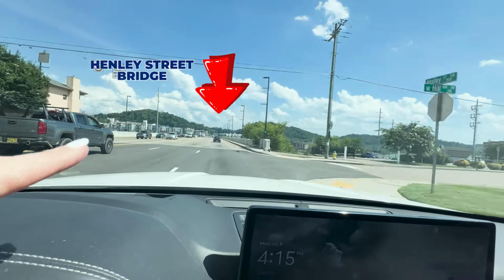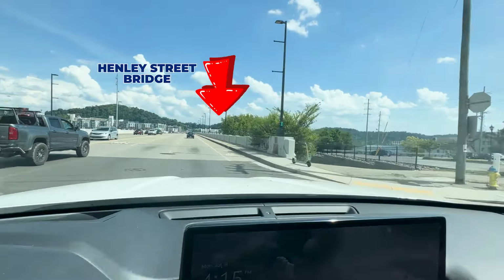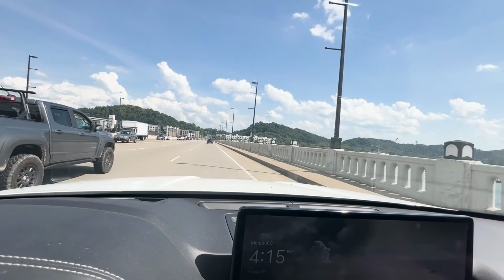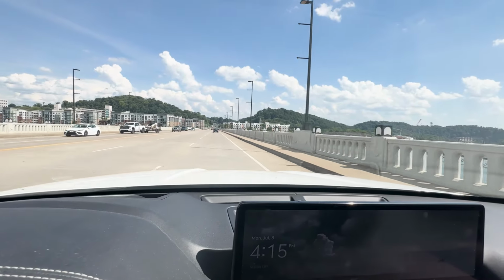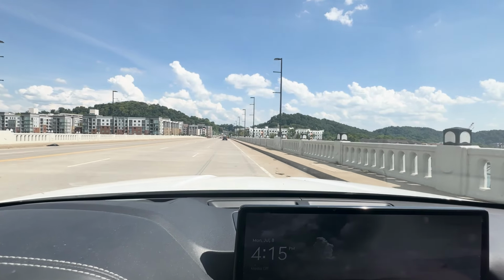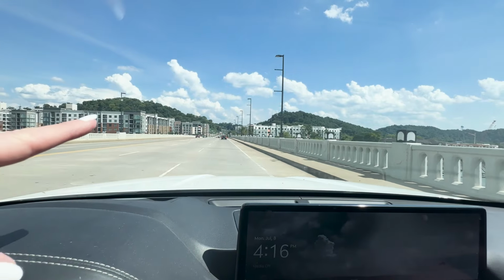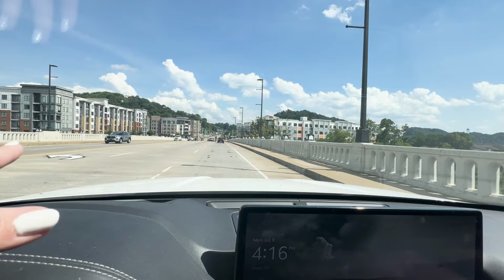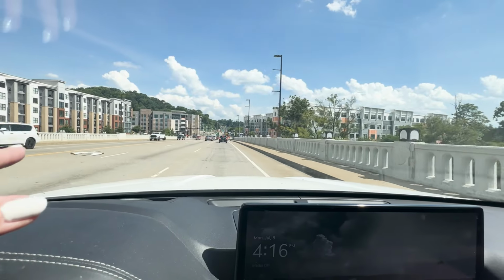All right, so we are crossing from Henley Street over, this is about to be the Henley Street Bridge. So Henley Street Bridge, Tennessee River, right over here on either side. To my left, to my right. Can't really see it in the camera, but that's the Tennessee River. So essentially, as soon as we get at this red light right up here, we are on Chapman Highway. So we're gonna drive Chapman Highway into Seymour,